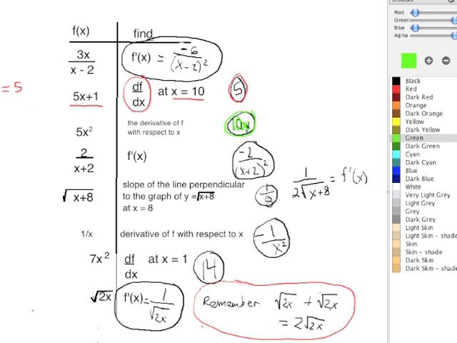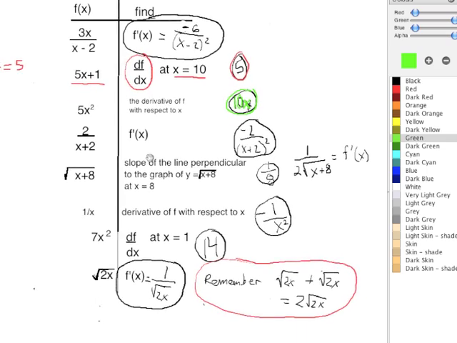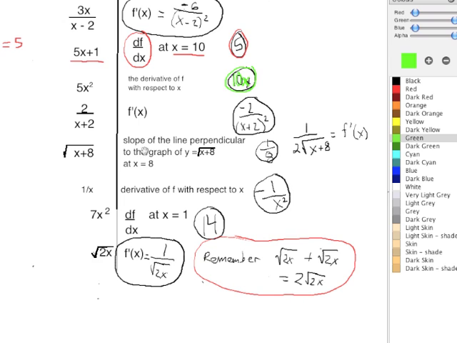Okay, next one. 2 over x plus 2. And I want you to find f prime of x. And here is your answer, negative 2 over (x plus 2) squared. I will never, ever say wham, bam, slam. So, with that being said, whenever you WBS the numerator, when you have this rational 2 over x plus 2,